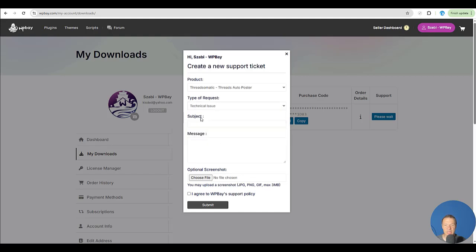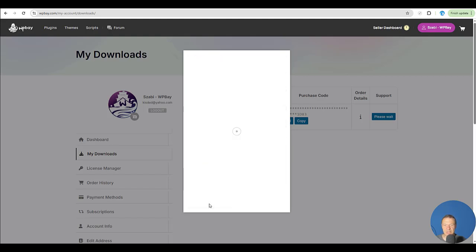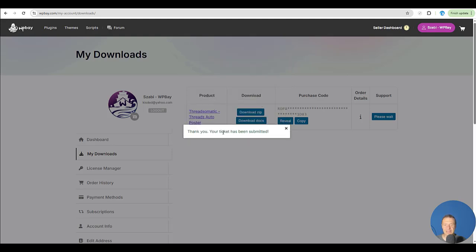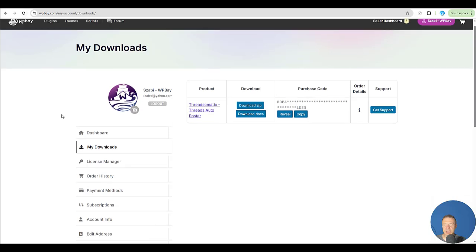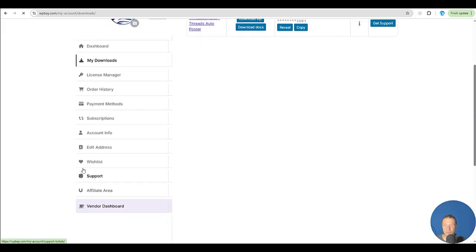So for example, let's make a technical issue support ticket with description. Also a detailed description for the seller. Agree and click submit. The submission form will be processed here, and afterwards you can go in the support area